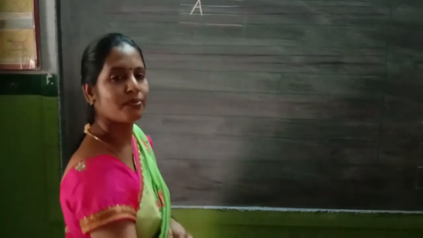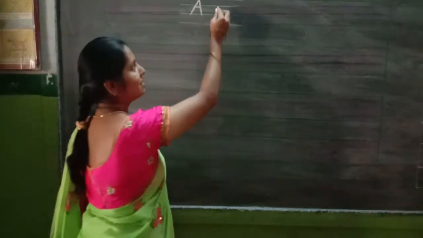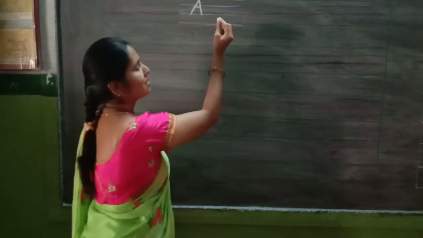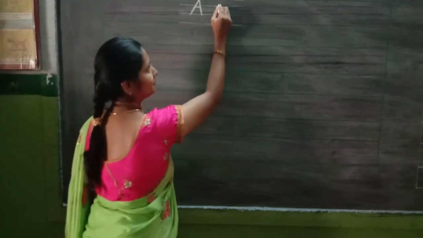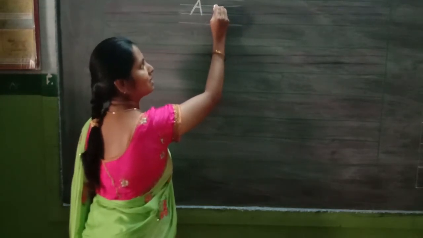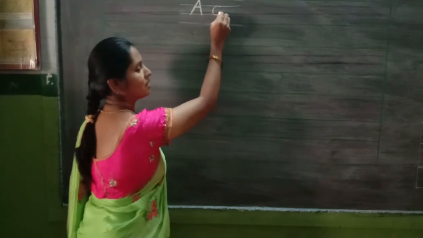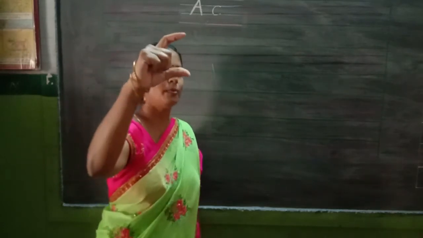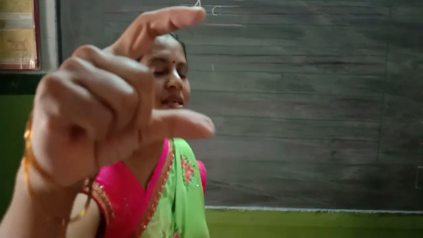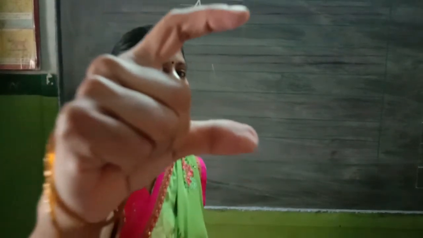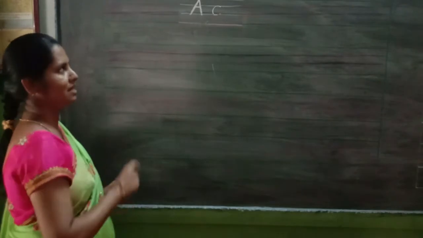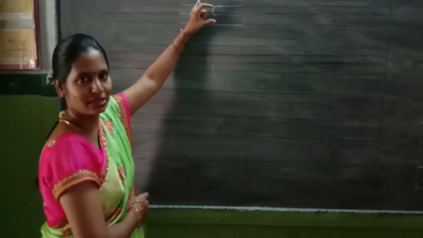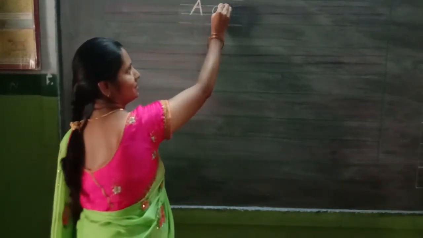Okay, now we shall write the baby letter A. How do you write the baby letter A? Take a pencil, see, put a curve. This is your front open curve. What curve is this? This is your front open curve. Okay, see, the same curve. I draw it here like this.